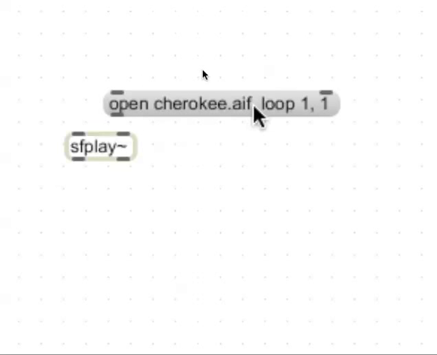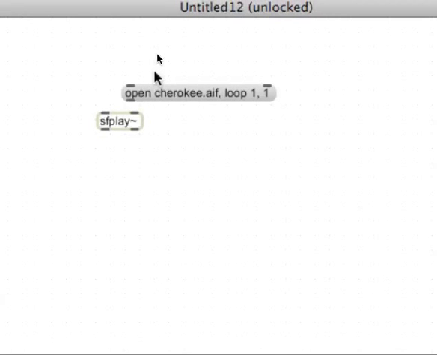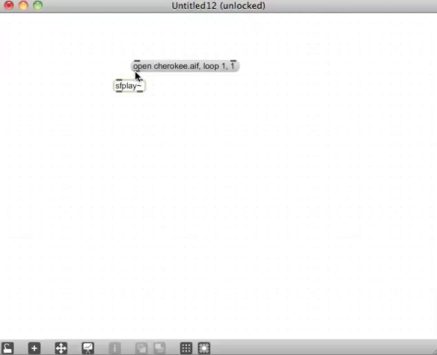That's the first thing. That opens up the file. The next thing it does is give it the loop message with a 1 argument, so that's to turn the looping on. And then the last thing I do is to actually start the playback with the 1, with all of these commas separating out the separate parts of the message. Okay, I'm going to hook that up to the SF Play,